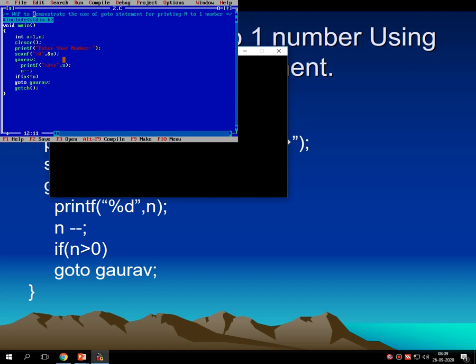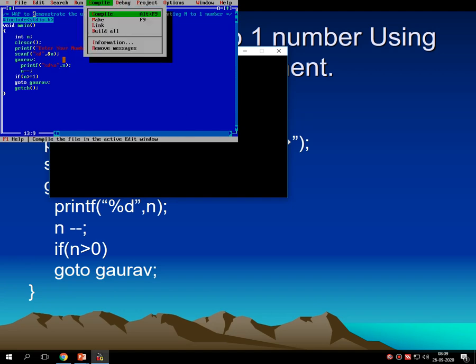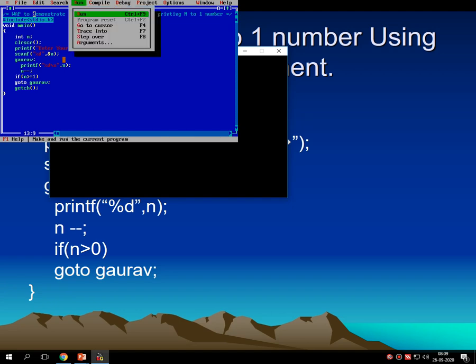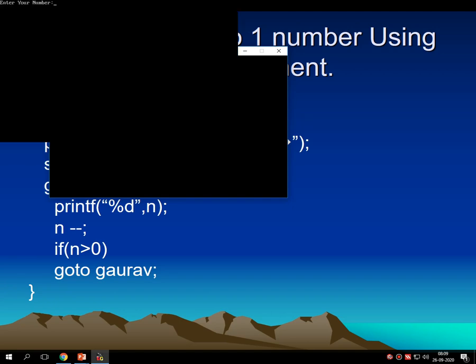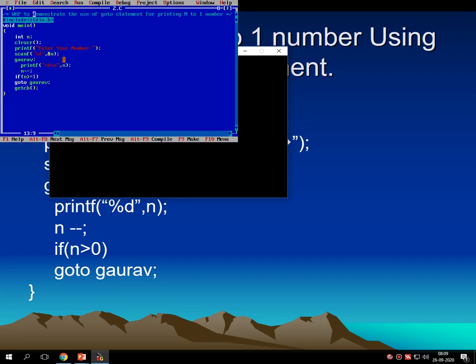Then there is a condition checking: if n is greater than or equal to 1. So over here there is no need to declare the variable called a also, I think. And then the repetition using the goto statement. Let me first check the code. If it's okay, I will explain it again. Here I am giving 6, so the output should be 6, 5, 4, 3, 2, 1. It's correct. So let's learn how this program works.